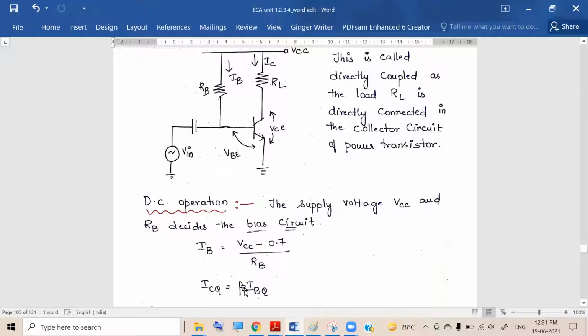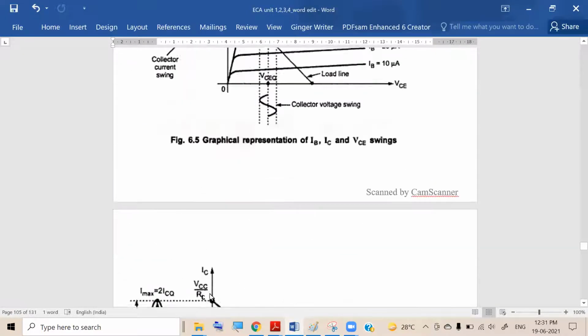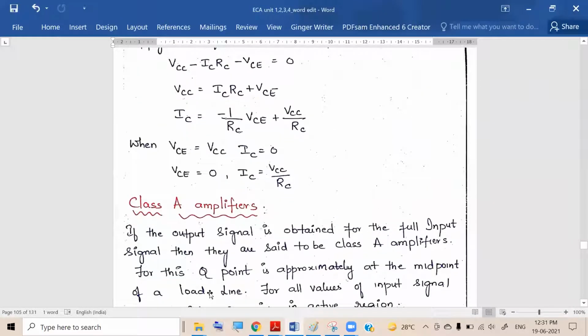And its usual range is from 50 to 200. It is a transistor parameter which is a constant. So once you fix IB, it means you fix IC. Now once you fix IC, then we go back to the equation, right? From that you can get a fixed value of VCE. When we say fixed values, for example, 6 milliampere of IC, 6 volt of VCE.